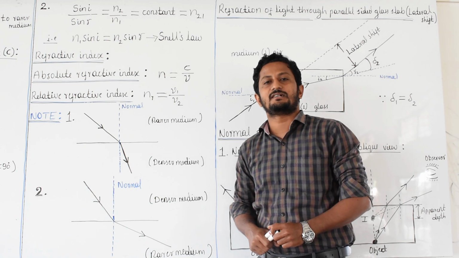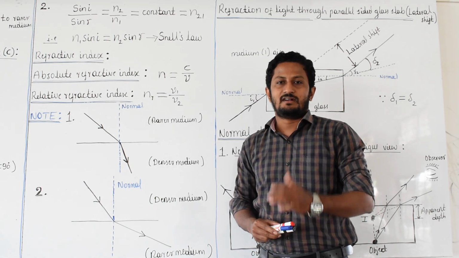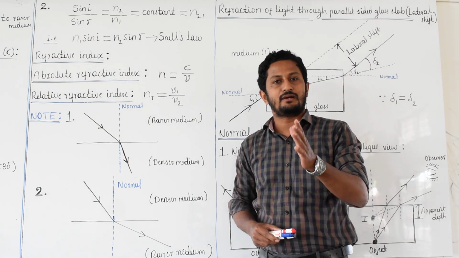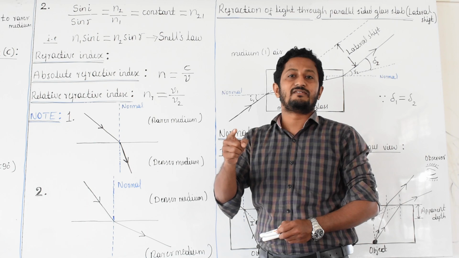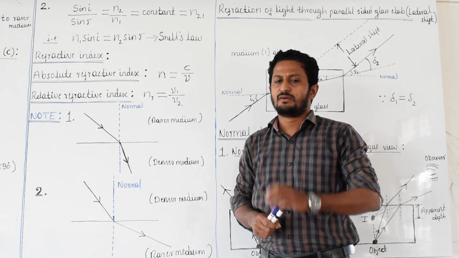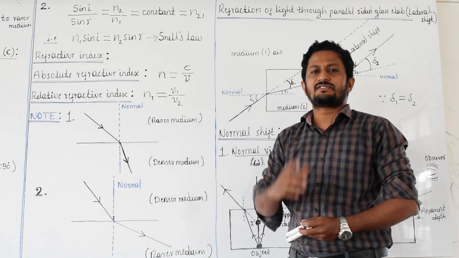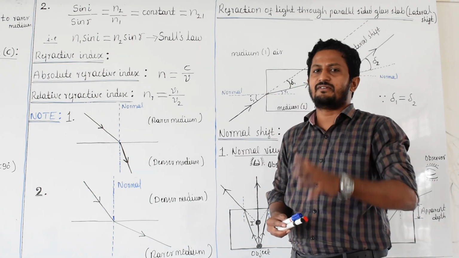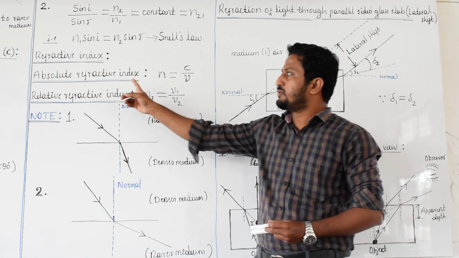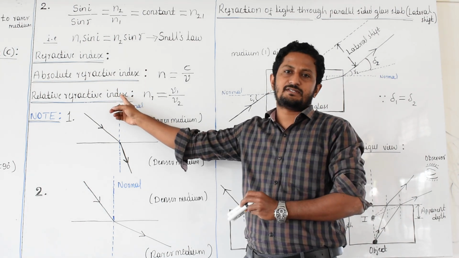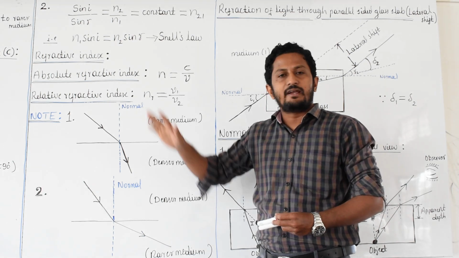In that previous class, we were discussing the refractive index. It's a property of any optical medium which tells the speed of light in that medium with respect to another medium. After seeing that refractive index, there are two words: absolute refractive index. What does absolute refractive index mean? It is telling us